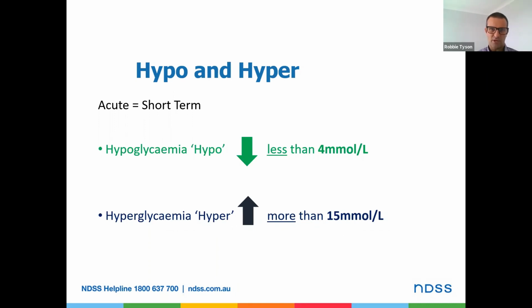Some advice around this for people living with type 2 diabetes is to rest, drink fluids that don't contain sugar, and maybe refrain from vigorous physical activity if it's above 15, because the stress from the activity can tend to increase the levels.